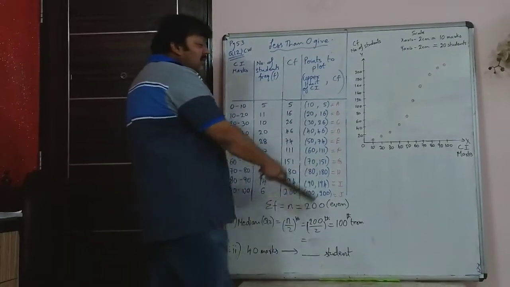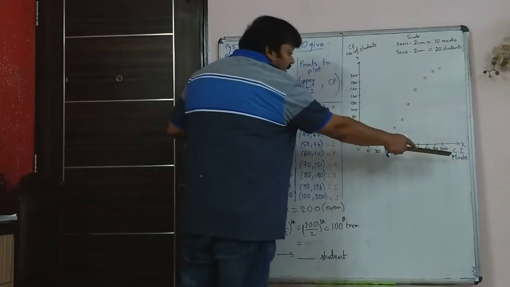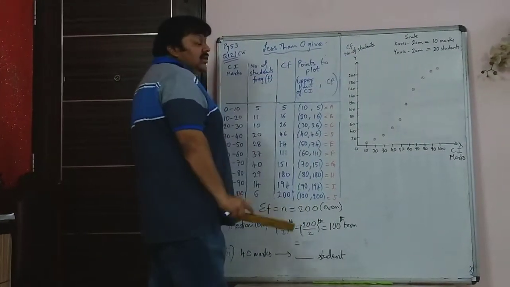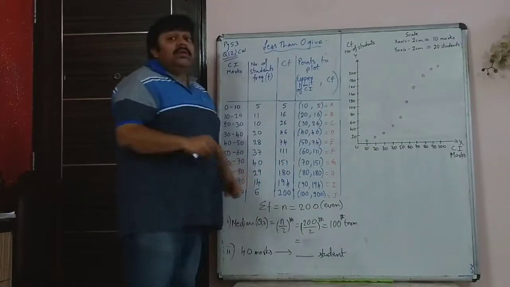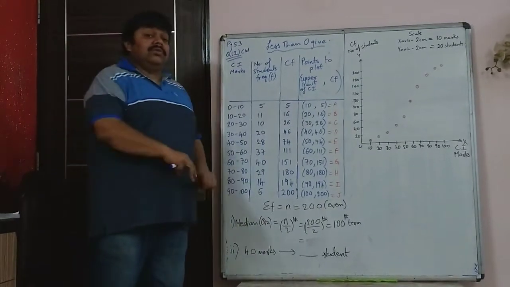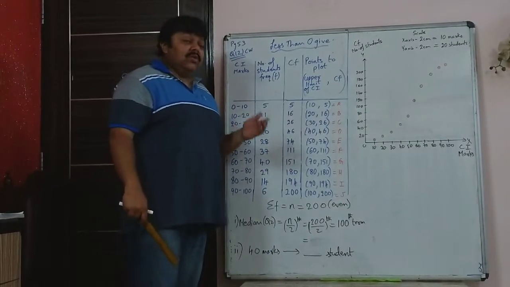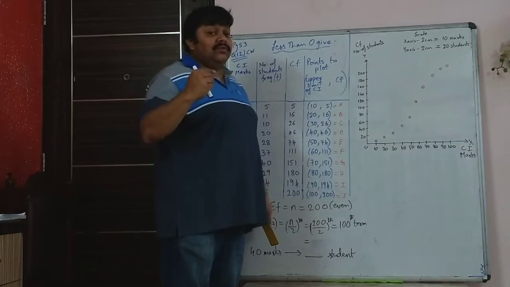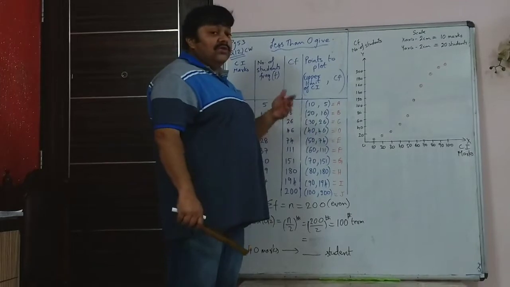I have plotted this again. X-axis is class interval marks written there. Y-axis is cumulative frequency, number of students shown there. And in this case, the scale is mentioned in the question. Many times in the board question, the scale is mentioned. If the scale is mentioned, you are not supposed to take some other scale and draw the graph. If you do that, you will lose marks. You will definitely lose marks for the graph.